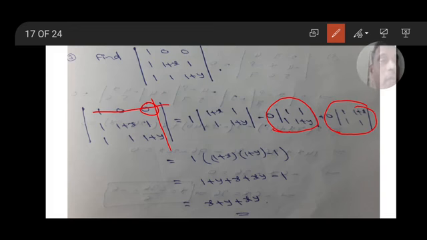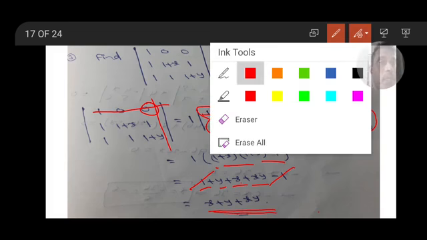Next, its determinant: AD minus BC. So 1 plus x into 1 plus y, minus 1 into 1, means minus 1. Multiply 1 plus x: 1 into 1 is 1, 1 into y is y, x into 1 is x, x into y is xy, minus 1. Minus 1 plus 1 cancel. x plus y plus xy is the determinant of the matrix. Next,